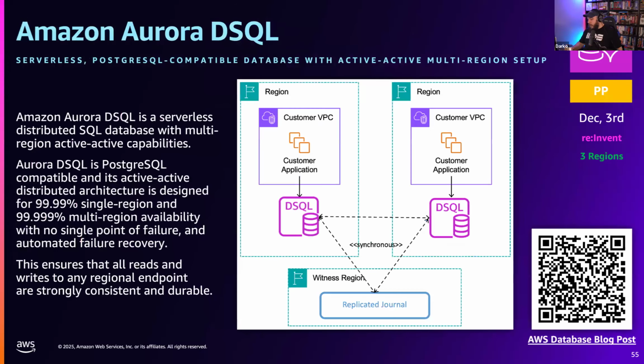Okay. Now this is, I think, the biggest launch when it comes to databases at this year's re:Invent. It's currently in public preview, but you can use it. There's a new service called Amazon Aurora DSQL. Basically, it's a distributed SQL, or a distributed relational database. Now, it's a Postgres compatible database, and it's an active cluster.